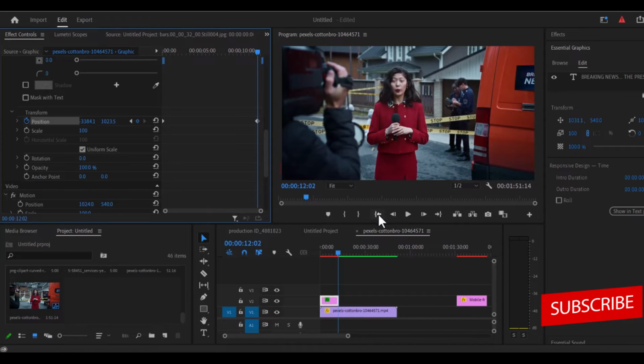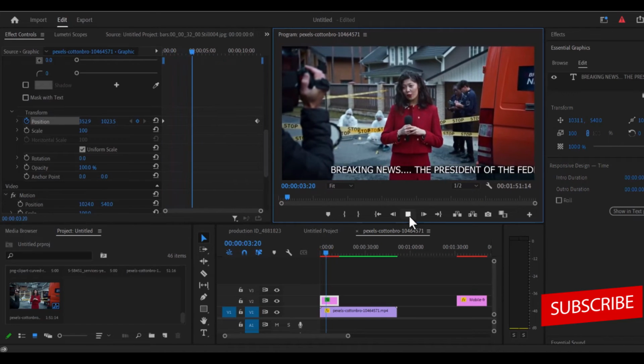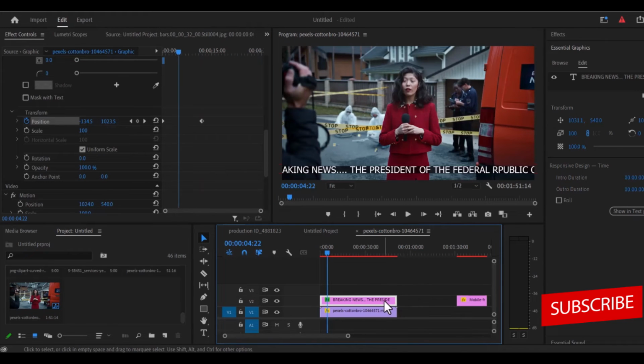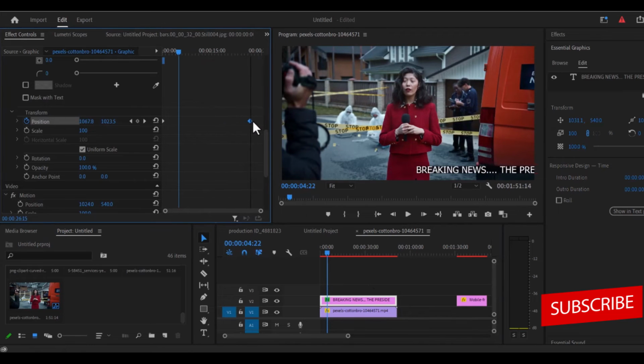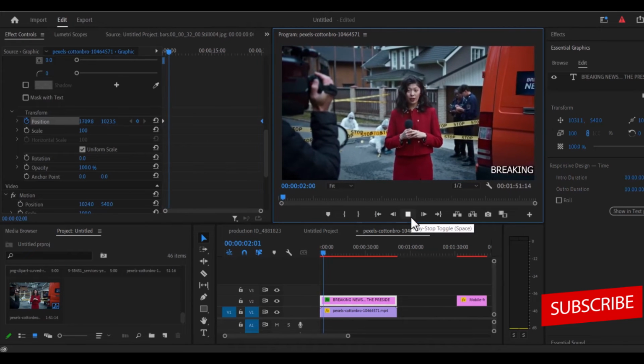So right now, if I go back to the beginning now and hit play, you can see the breaking news text that we have over here. So as you can see right now, this text is a little bit too fast. You can drag this graphics over here and move to your effects control over here, and also drag this keyframe far apart towards the end of your graphics. And if you move to the beginning now and hit play, you can see that we now have a slower